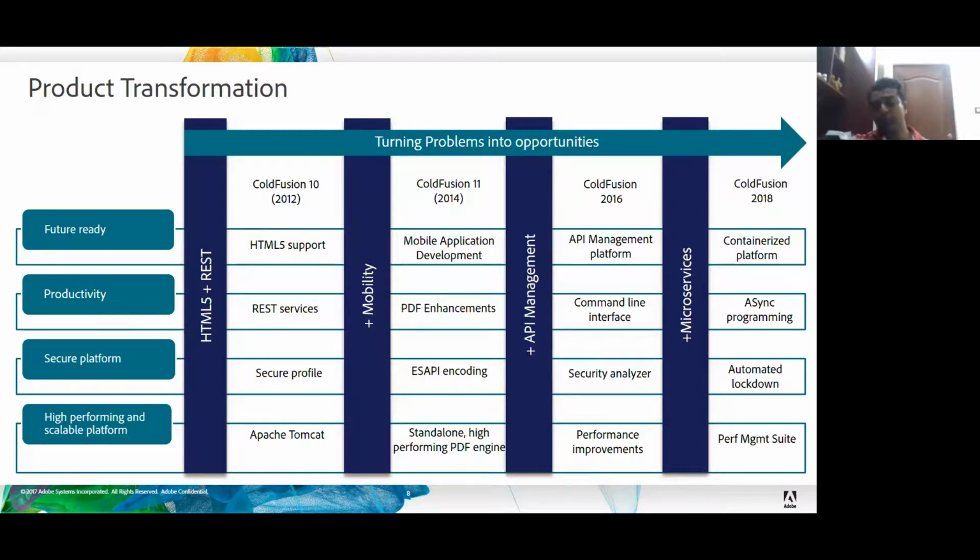So that was ColdFusion 10. Now, the next opportunity that we focused on, remember that our vision was to ensure that we become the most scalable and productive platform. So towards that vision, we focused on multiple opportunities, starting out with HTML5 and REST. Then in ColdFusion 11, it was all about mobility. So can we let our developers build, test, and debug interesting mobile applications using mobility as a